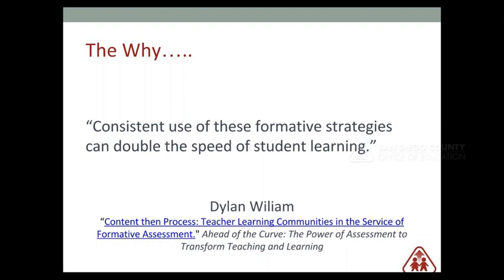So I think this notion that it can not only double the speed of learning, but for those most at risk, the students who are the farthest behind, it's because it's clarifying what is so often mysterious for them. They're waiting for someone to tell them how they're doing. And this now allows them, like Melissa said, not only to self-assess, but to understand the path of where they're headed.